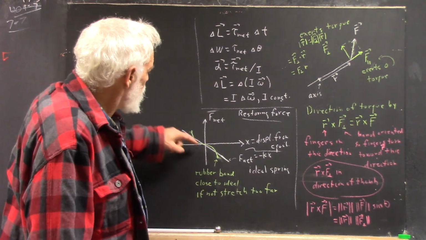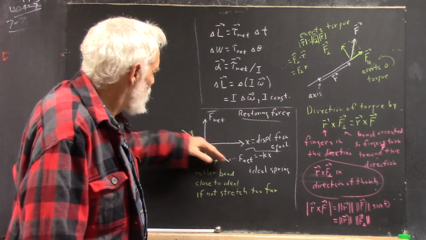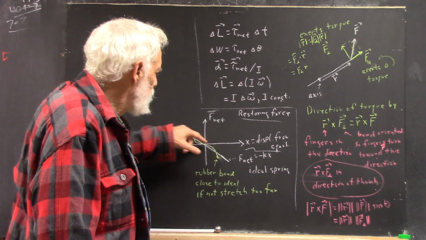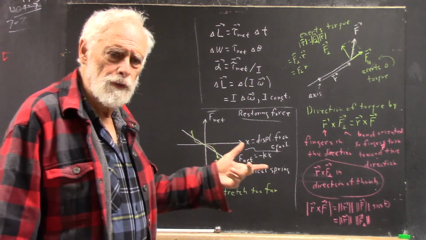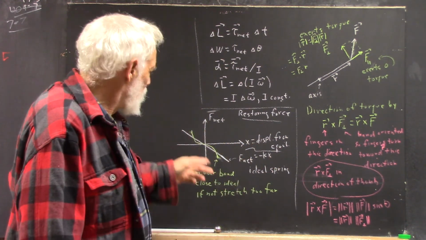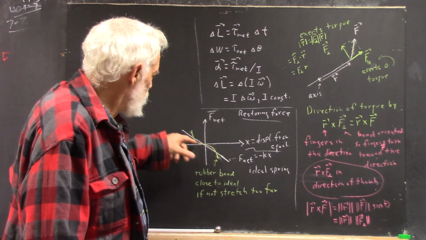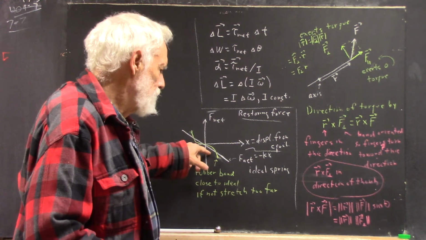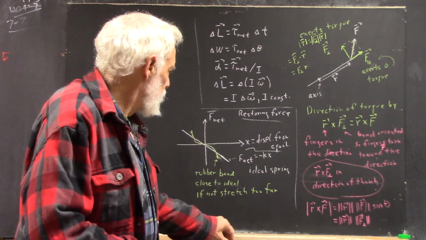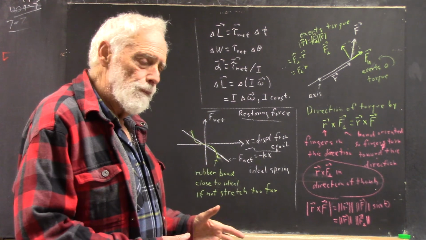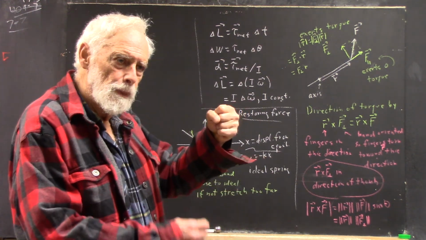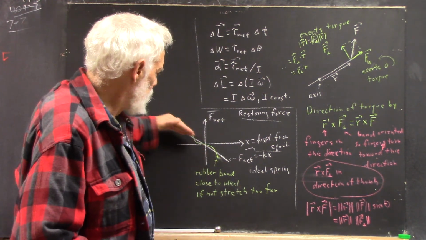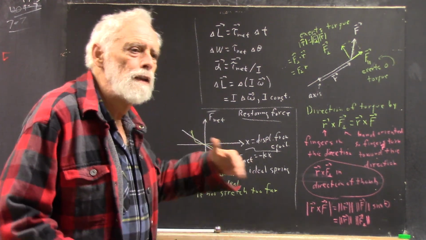The point is that close to equilibrium, this linear model stays fairly close to the force curve for the rubber band. Now, I've kind of exaggerated the curvature of this thing. It doesn't have that much curvature, at least till you get out near the breaking strength, but it acts something like this. So that when we suspend a mass from a rubber band, the simple harmonic motion, well, we don't actually have simple harmonic motion. That only occurs if we have a linear net